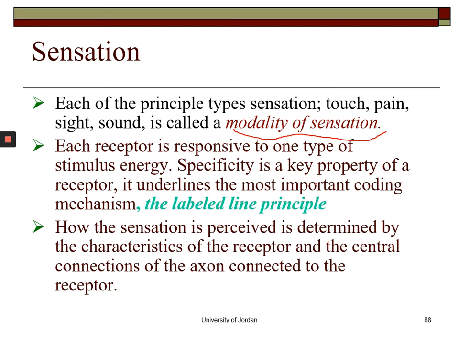This specificity is the key property of the receptor, and it underlies the most important coding mechanism. This is how the sensory system codes for the type. So the sensory system codes for the type or for the modality by the specificity of the receptor. This is what we're coding. Also, the other thing is